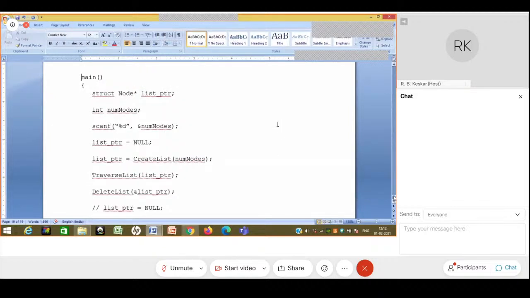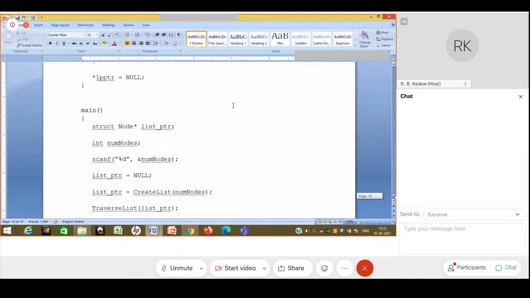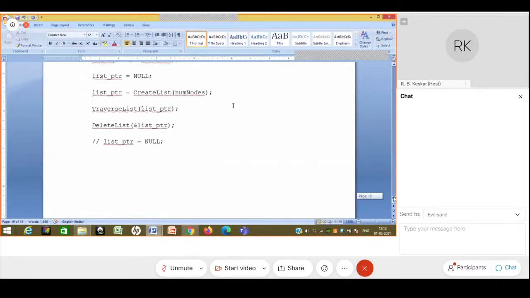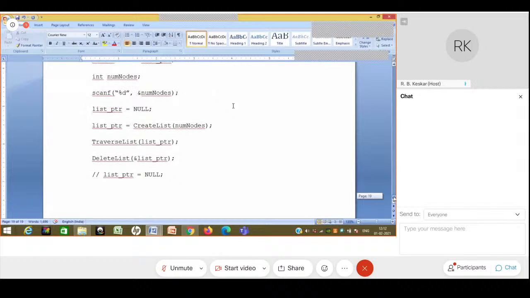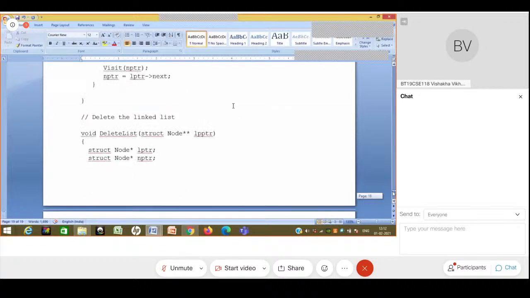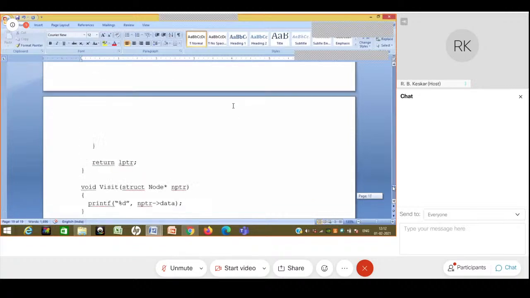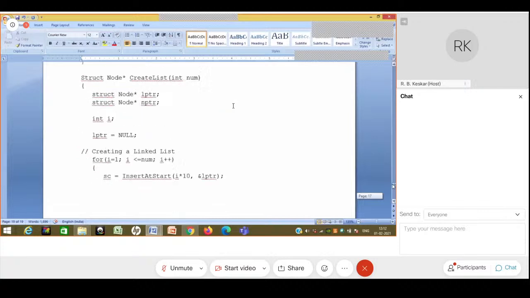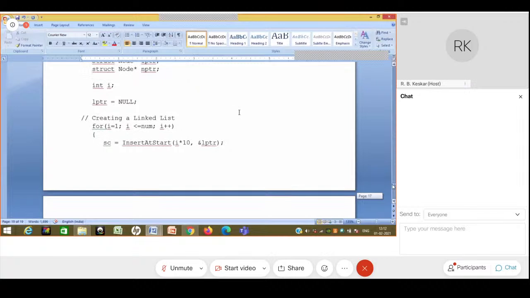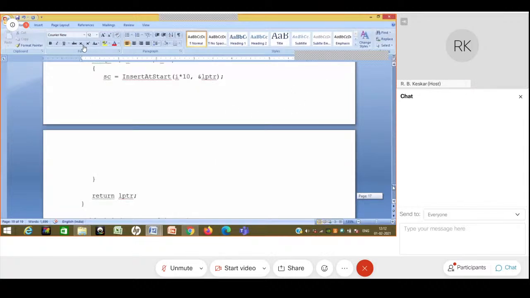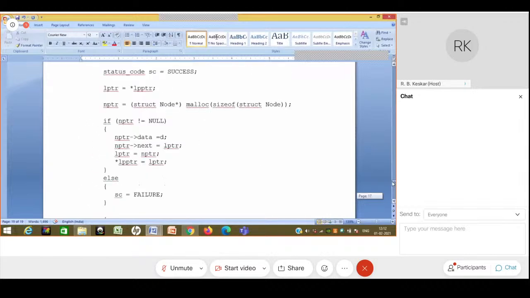So if we recollect what happened in the last lecture, we were discussing the insert function. We said that we would create different functions for create list, traverse list, and delete list. And for that, for example for create list, we will have the insert at start function to be used internally. Okay, so we have this insert at start function, and then we wrote that function